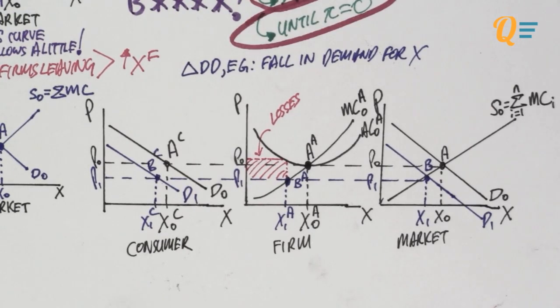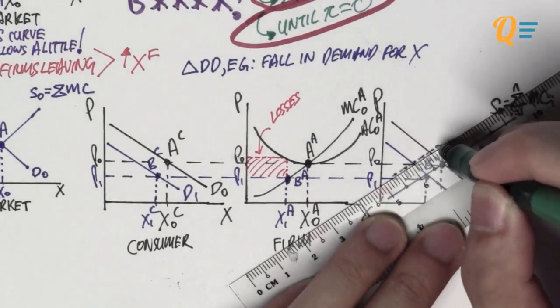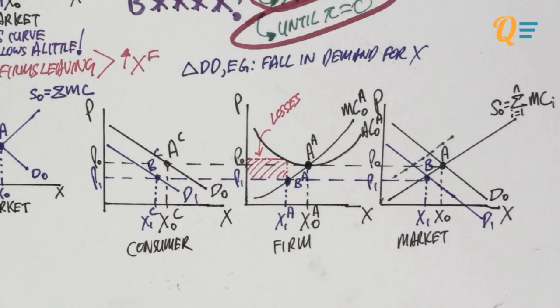You can anticipate that in the long run, because some of the firms won't be able to swallow the losses, they'll start to leave the market, which causes the supply to fall. This is as per normal. When the supply falls, your supply curve is going to shift to the left, and you would also remember that the supply will keep shifting to the left until the firms make zero profits. So you can draw a new supply curve as this green dotted line over here, and that will bring the market price back to P0, and then the firms are making zero profits. But that's just an easy way out.